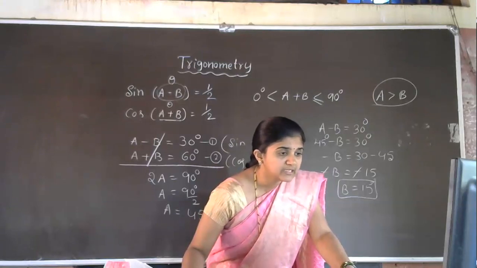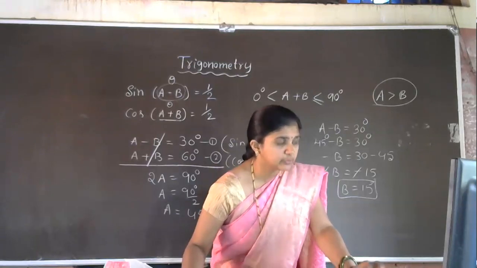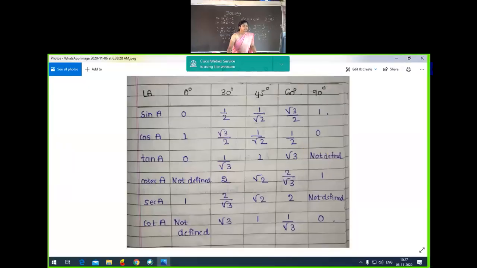For that, I'll share one page for you. First, we have actually table. Everyone, you are having this table, right? Otherwise, sit with the textbook, okay? So, better using A4 sheet, you just prepare one trigonometric table, okay? So, sine 0, once recall the value, sine 0 is 0, sine 30 degrees 1 by 2,